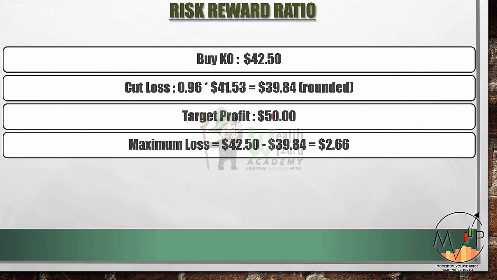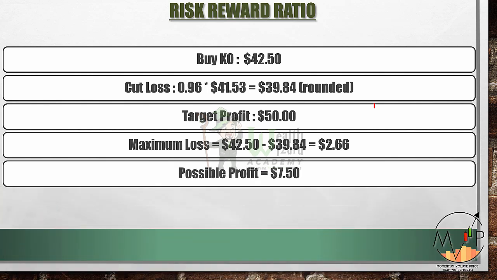So what is my maximum loss? If I were to buy it at $42.50 and if I were to sell it at $39.84, that will give me a maximum loss of $2.66. And my possible profit, if I were to buy at $42.50 and sell it at $50, which is my target profit, then my possible profit will be